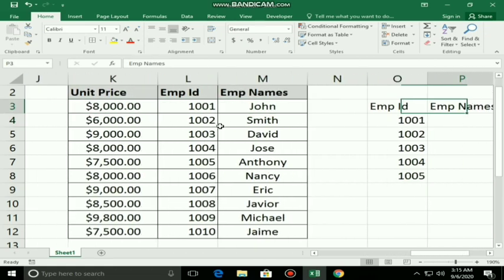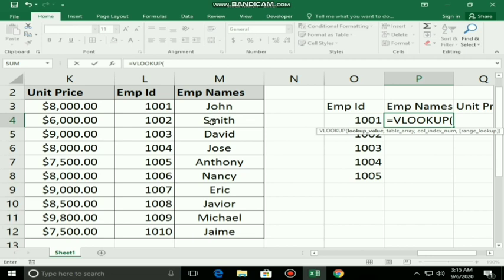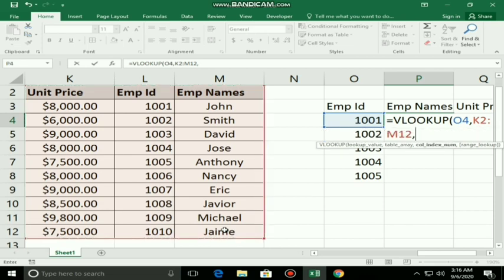Now let me try to execute on this example data. Here employee IDs, comma, unit price. Let's see whether VLOOKUP works on this type of selection or not. As I told you, employee ID is the lookup value, and I started the selection from unit price instead of employee ID.